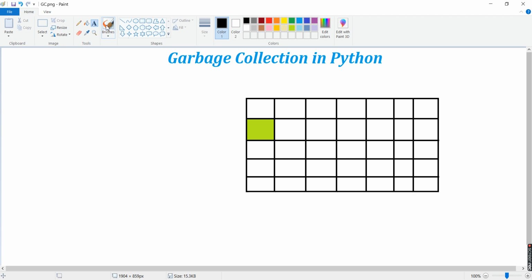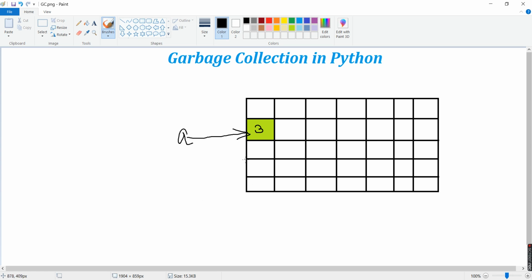So we'll just write this, that will be better. So this has value 3. Now this is referenced by a variable. So I have a variable, say A. So A has a reference to this particular memory location.